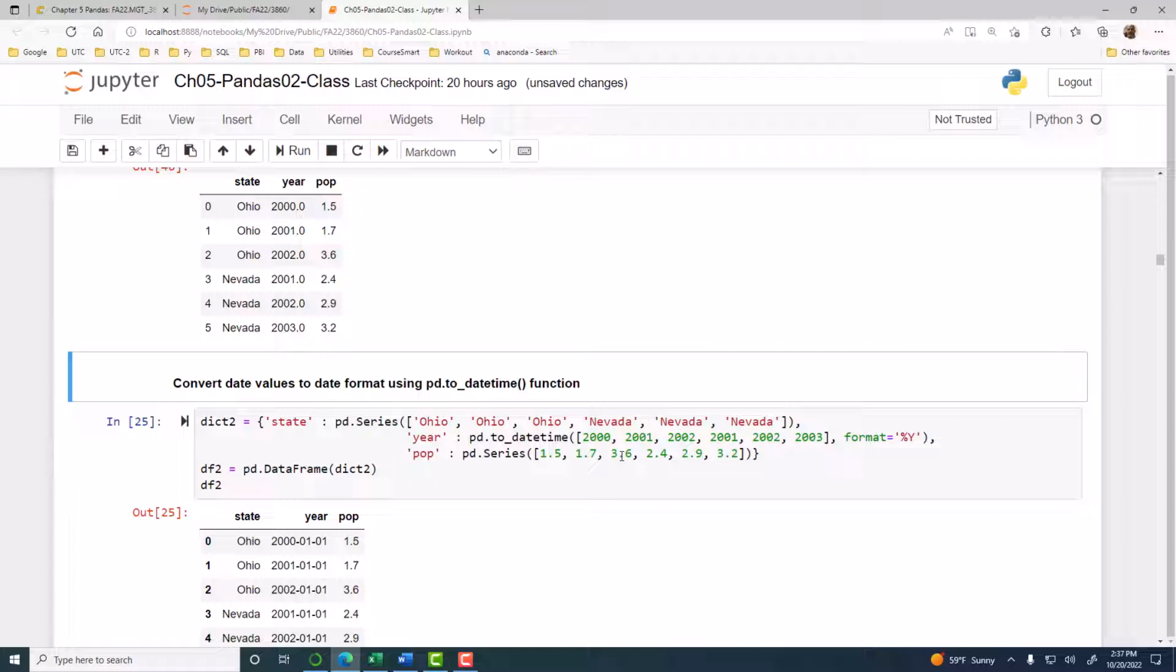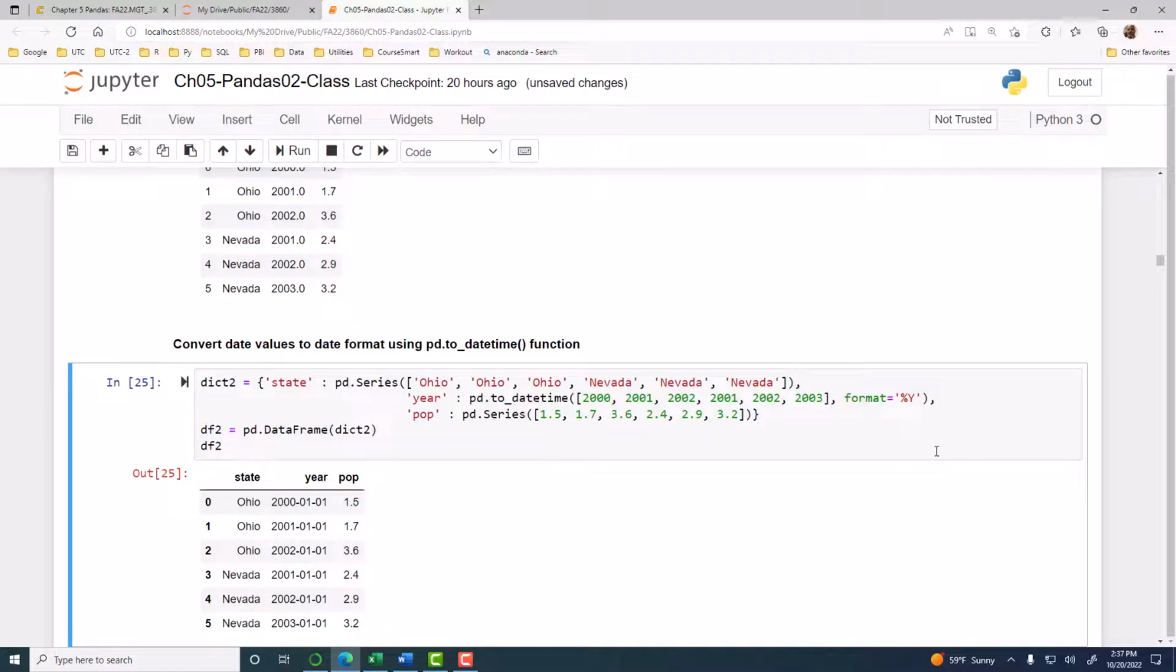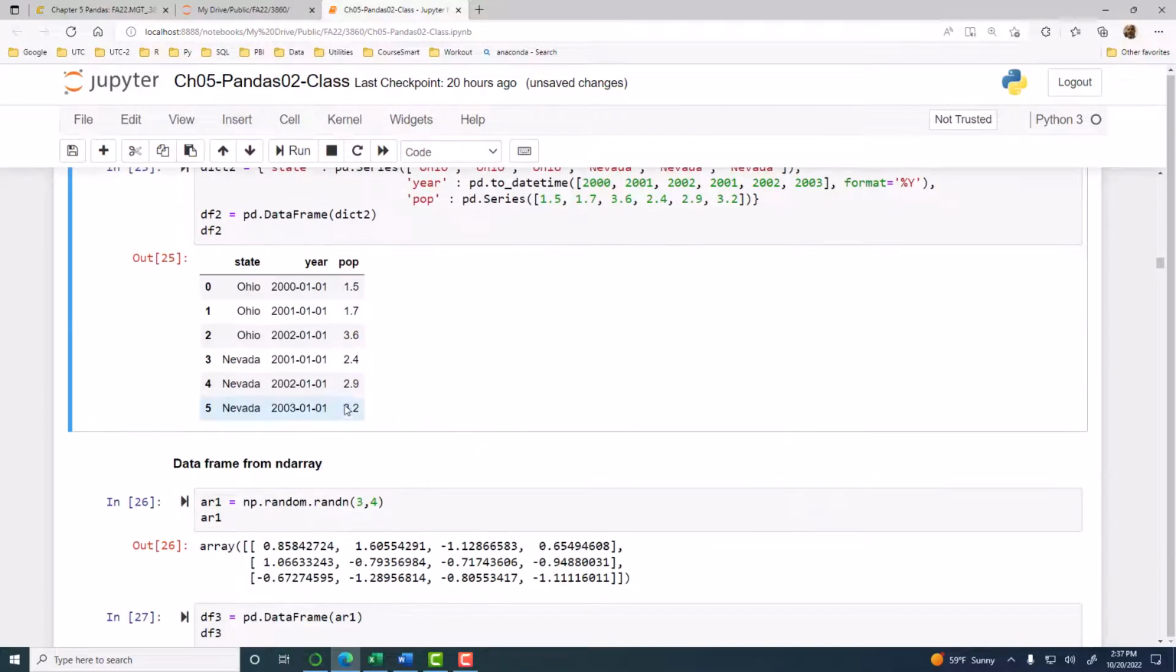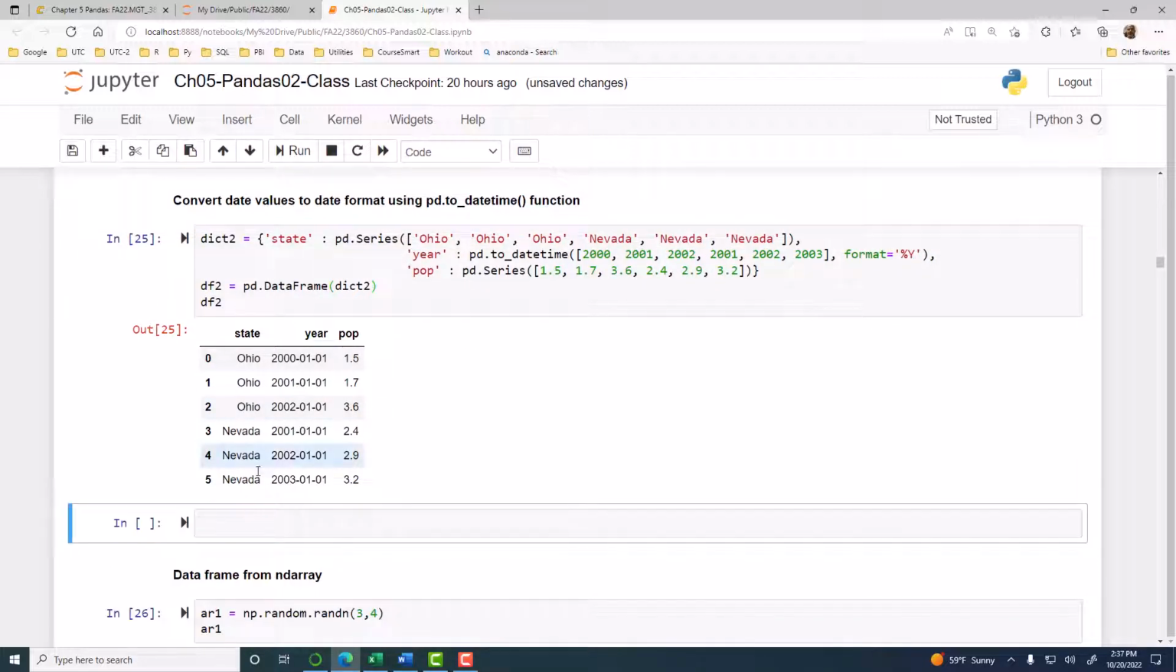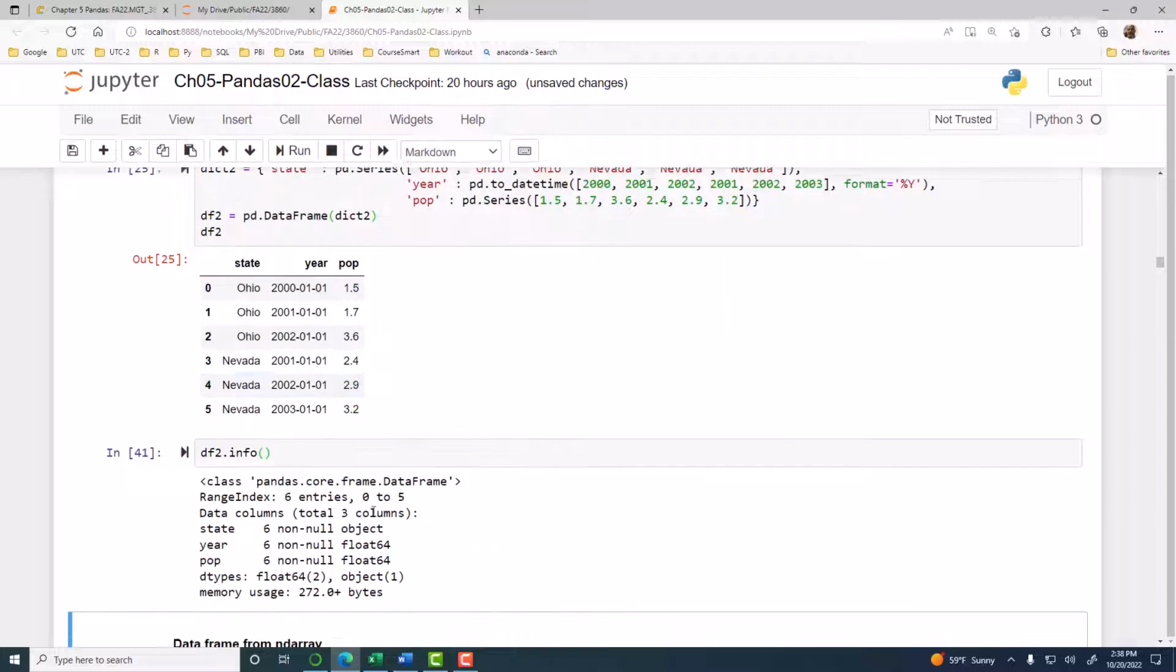All right, so now if I want the year to be converted into a date time, I can do that in a series. So instead of using pd.Series, I use pd.to_datetime. So now if I do an info, let's do an info here, df2.info, so it will give you